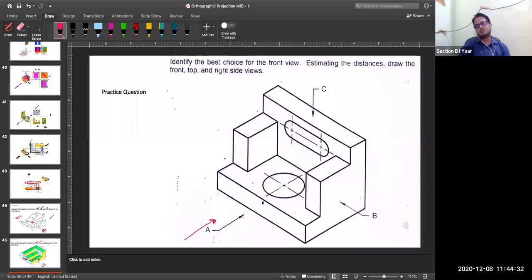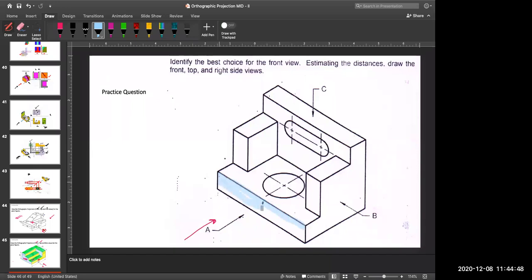So this will be the front view. Now, what are those faces which will be visible from the front view? I'm using this light sky blue color and I'm highlighting this face. This face will be visible or not? Yes, sir. Okay, very good.